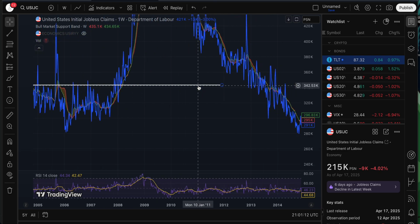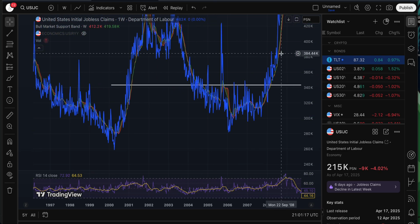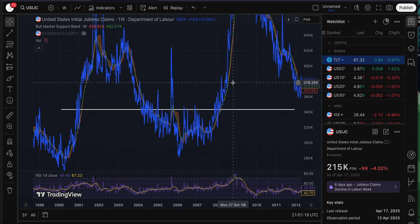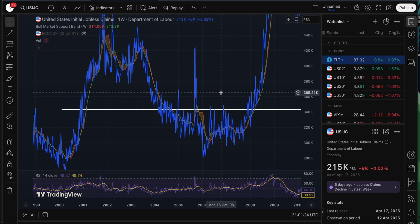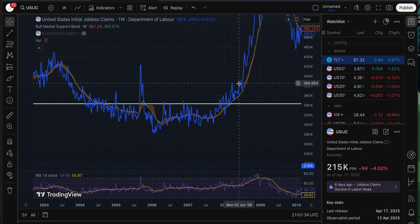I've been looking at the 2006 and 2008 comparison with this cycle right here. Just looking at initial jobless claims and the behavior that you see, by the time you see initial jobless claims spike and actually break out, it's already over. It's already game over. Meaning, if you're the Fed and you're waiting for initial jobless claims to explode higher in order to, say, cut rates,